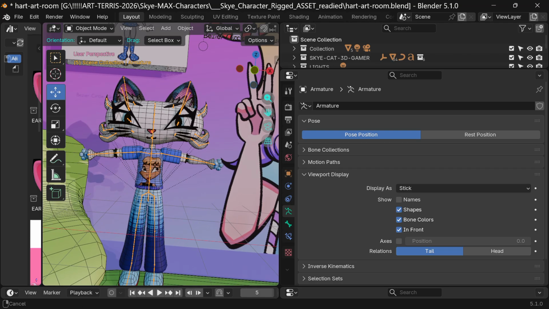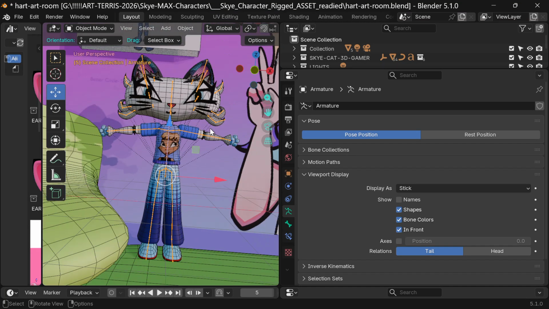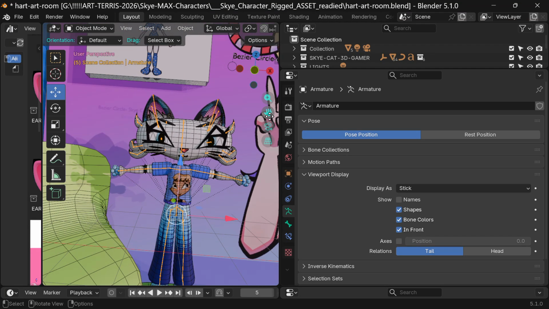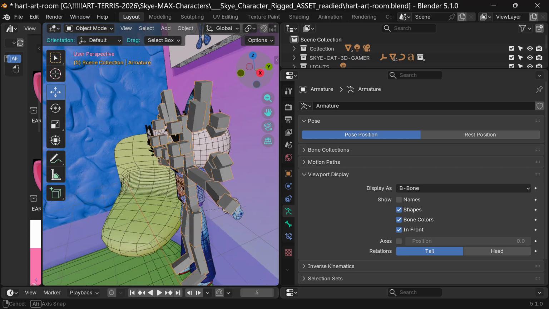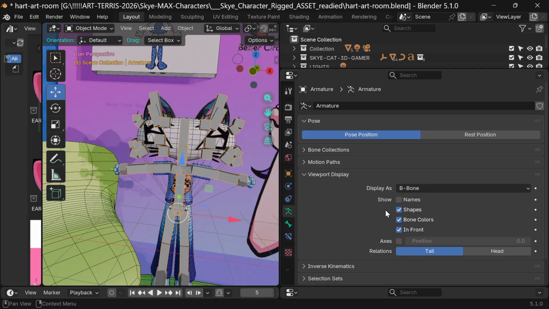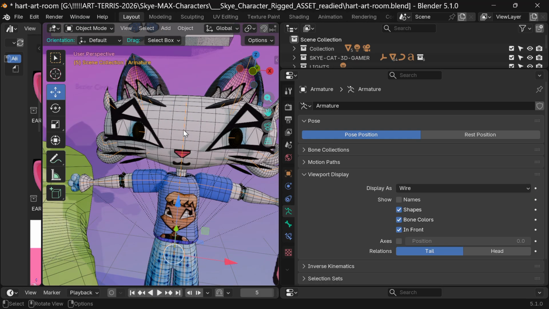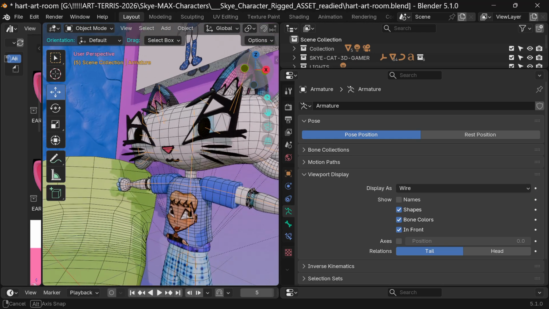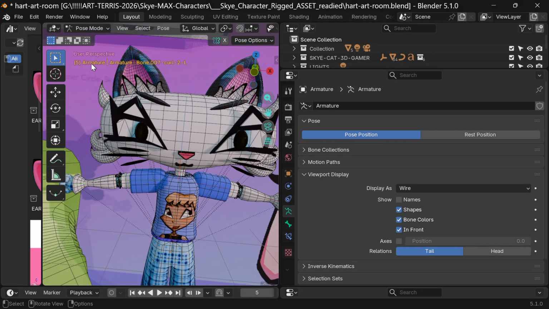So basically, what's really cool is you can change the way the bones display. And we're in object mode, notice. So B-bone wire, which makes it easier to see your stuff. You can use the wire frame. But if we tab into pose mode,